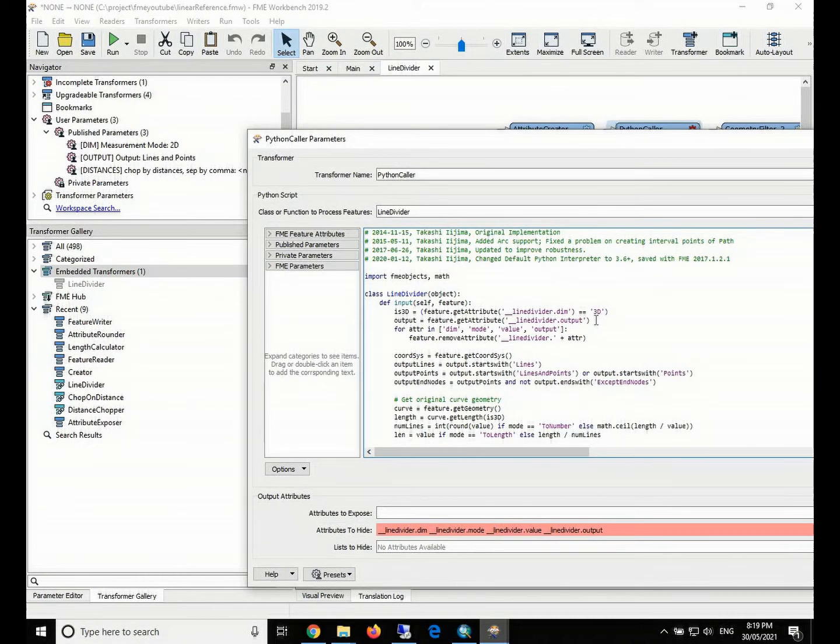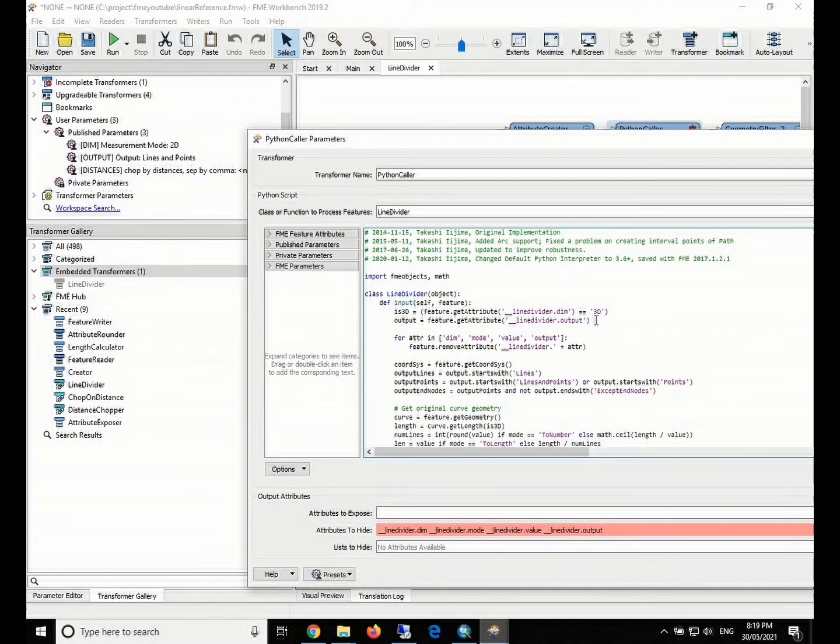So we just delete it, and we do need the distance to define our dynamic distance length geometry. So we need to define it right here by using the feature get attribute line divider dot distances. Okay,